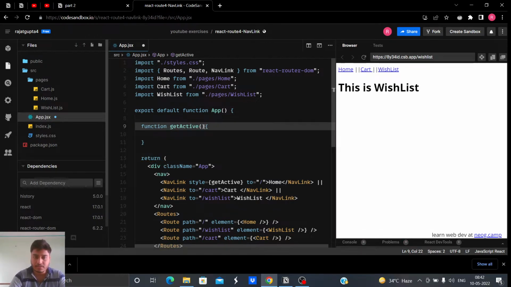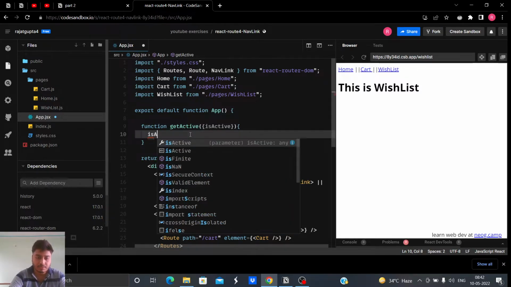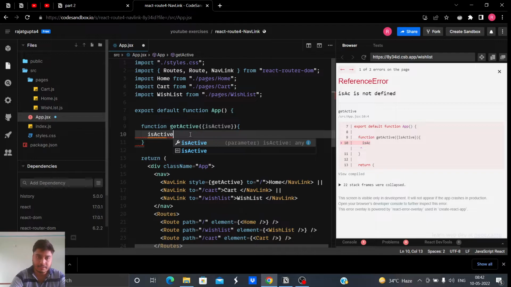Inside here, let me write it first, then I'll explain what isActive is and what's going on in here. But first let's write it.